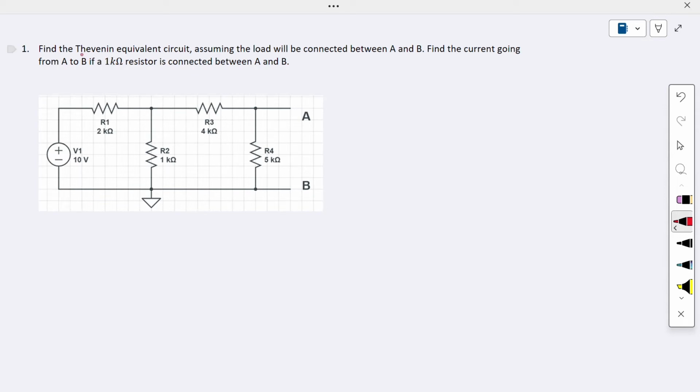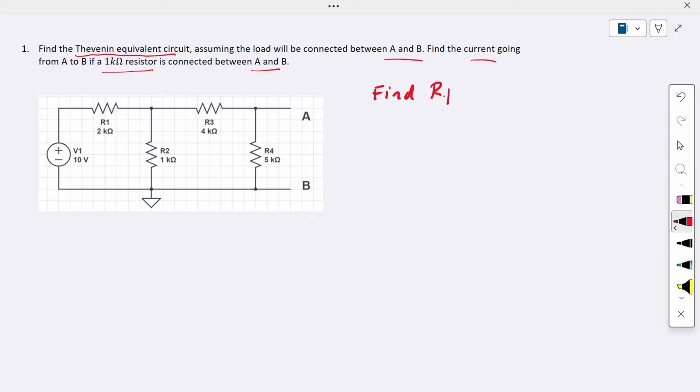So this question is find the Thevenin equivalent circuit. Assume we have a load connected between A and B. Okay, and then the next question is, if we have a 1 kilo ohm resistor connected between A and B, find the current flowing through it. So for finding the Thevenin equivalent circuit, we can first find the